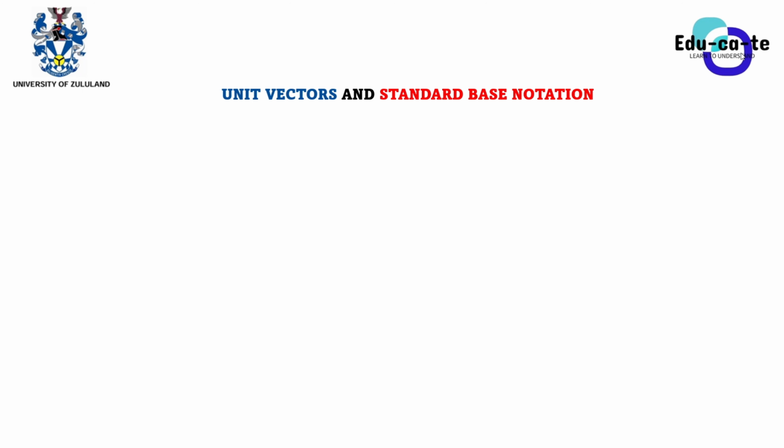Let us talk about the unit vectors and the standard base notation. So now basically a unit vector is just a vector that has got a magnitude of 1. So in a sense this vector has got a length of 1 in the xy Cartesian plane. A unit vector is too overrated. People actually overrate it to be something that is too difficult or something, but it's basically a vector with a magnitude of 1, a vector with the size of 1.